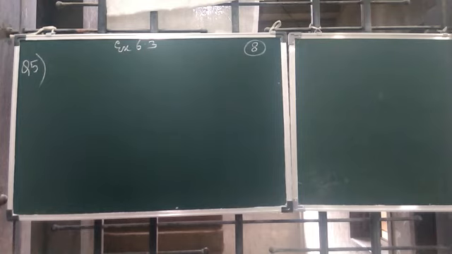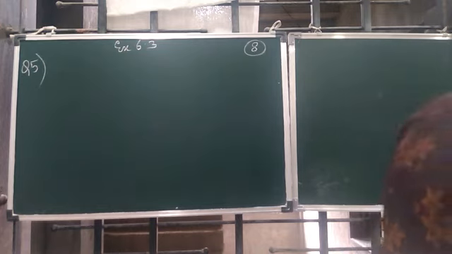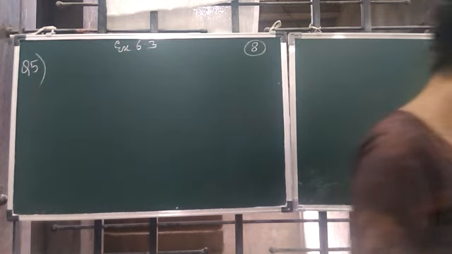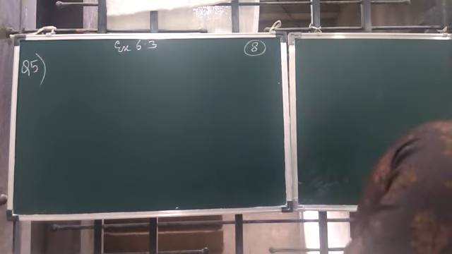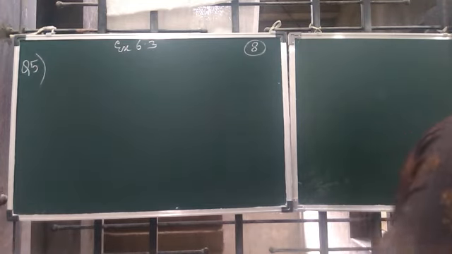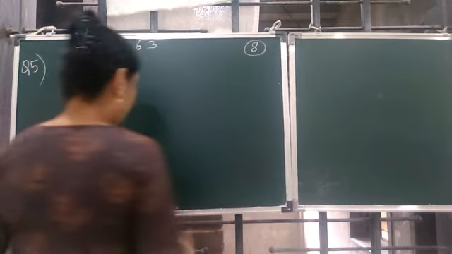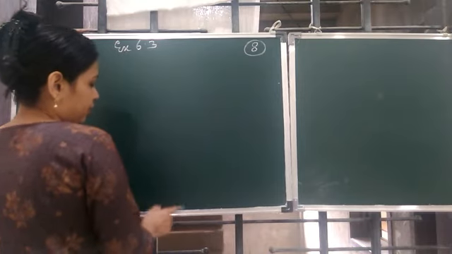Okay children, we are continuing with exercise 6.3 question number 5. Question number 5 says for each of the following numbers, find the smallest whole number by which it should be multiplied to get a perfect square, and also find the square root of that particular number. So like for example, there is a number,